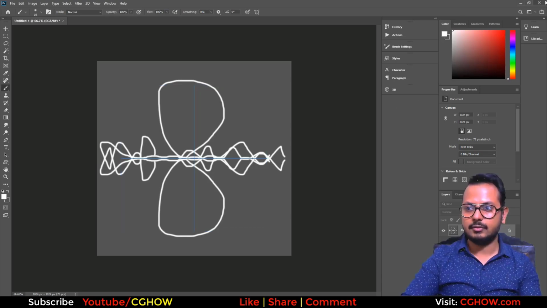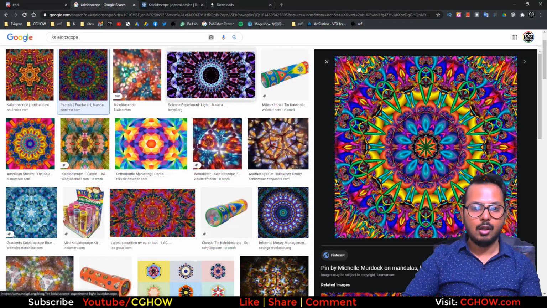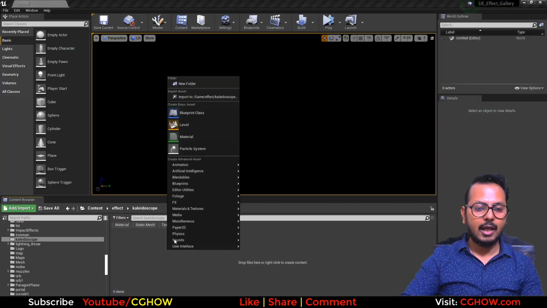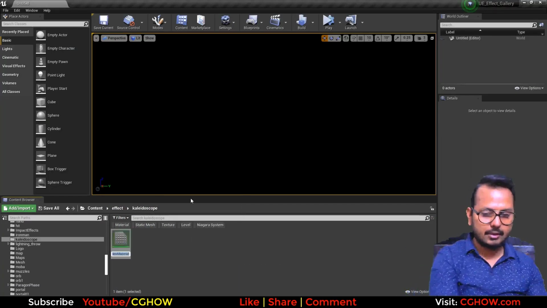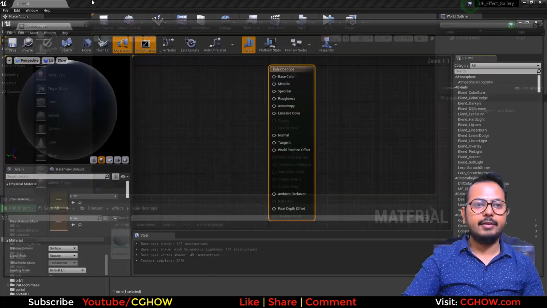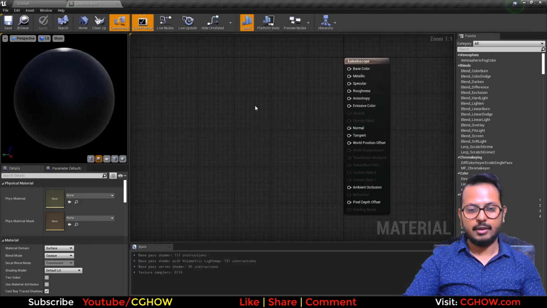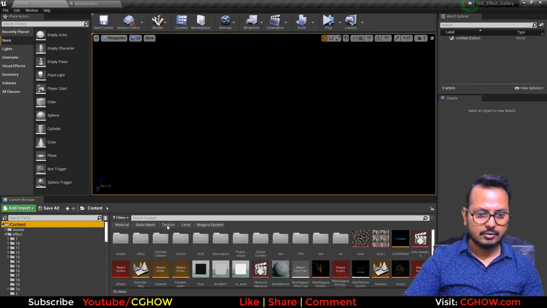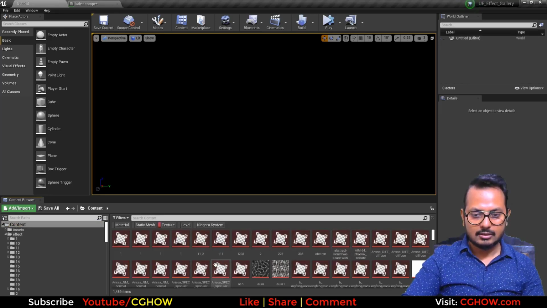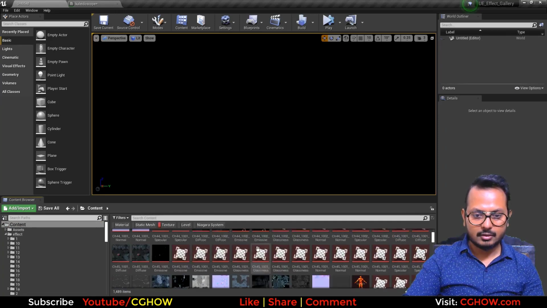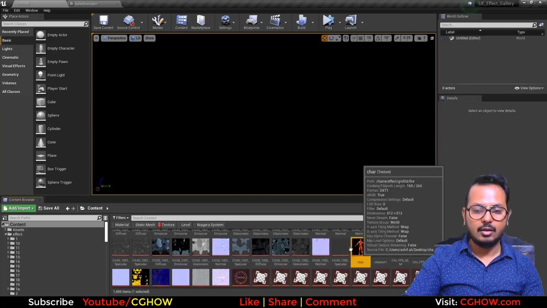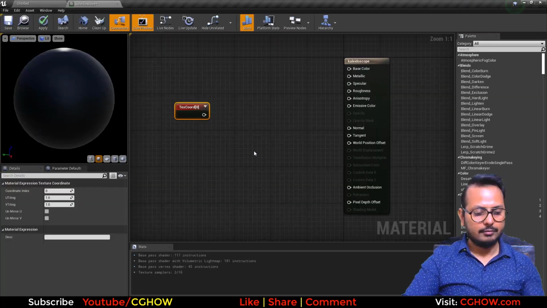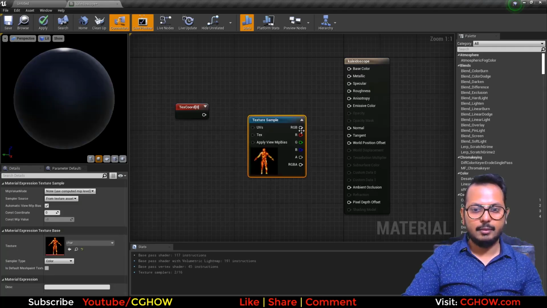Okay. So I just want to close this. In material, I will just create a material. This is my kaleidoscope. And if I take a texture, any texture, if I search for textures, something that will be clear properly, like this character. If I take this character for now and preview this character,